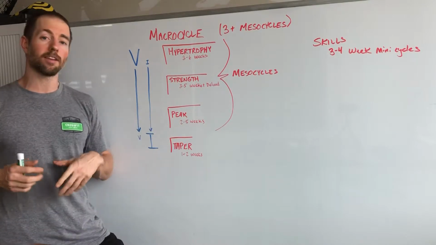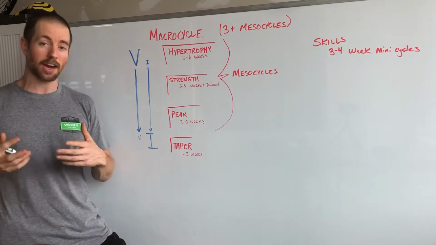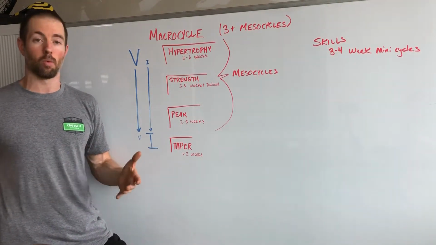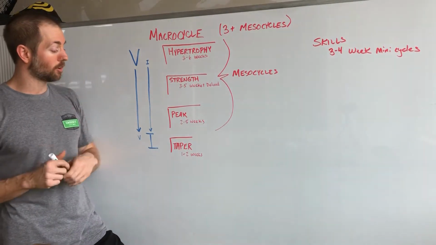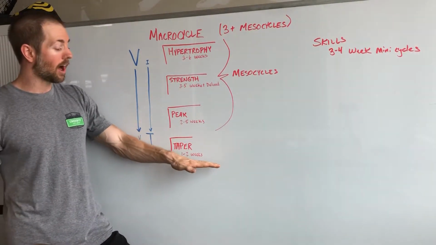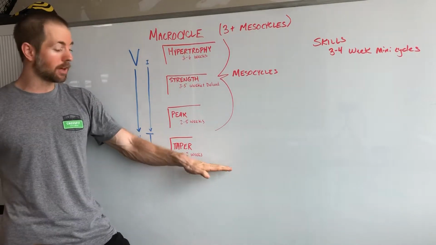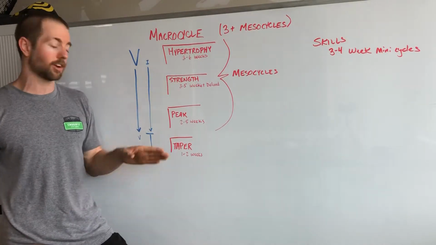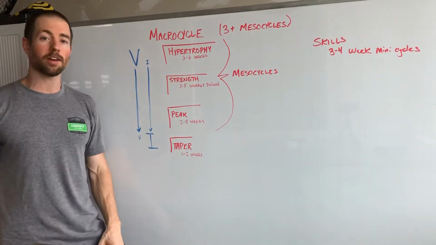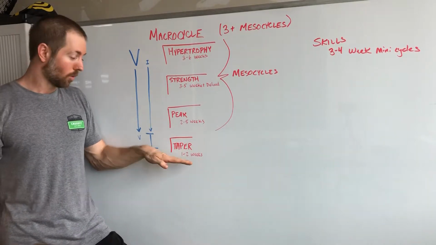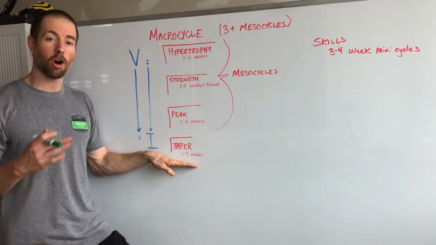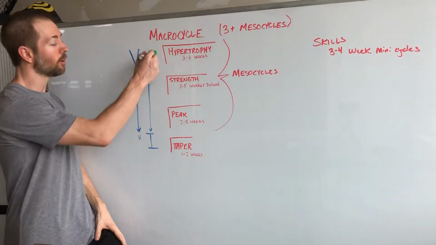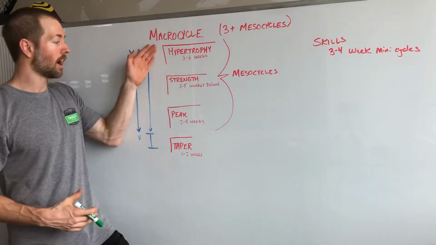So peaking phases, it'll start around the 85, 90% range. And as we go through our peaking phase, it's going to get up into our 1 rep maxes. So what we like to do is we like to pick where we want our maxes to be at the end here. And then when we work off of our percentages through our hypertrophy phases, our strength phases, and our peaking phases, we're not working off of established 1 rep maxes. We're working off of the numbers that we're hoping to get to. So we're going to pick reasonable PRs or personal records, and those are the numbers we're going to base everything off of during our program.